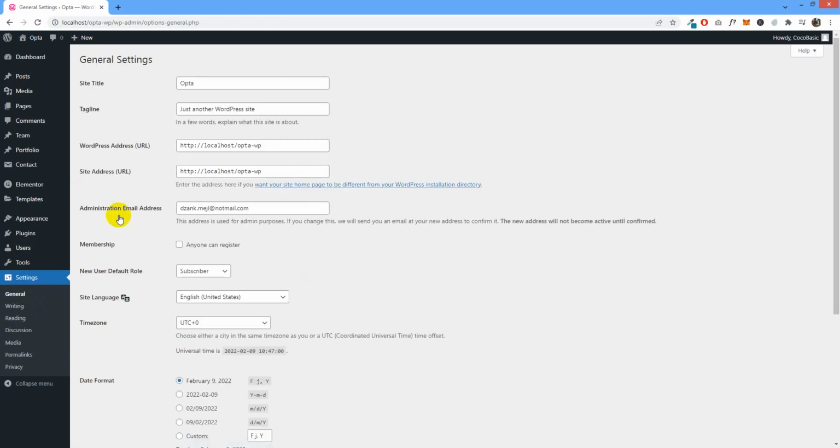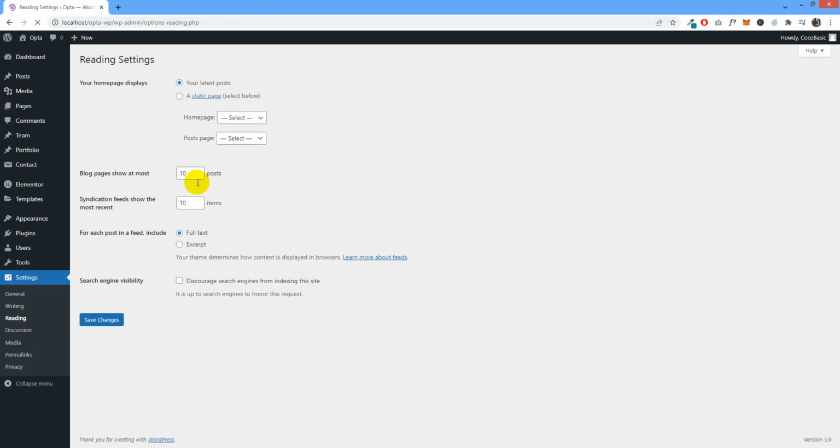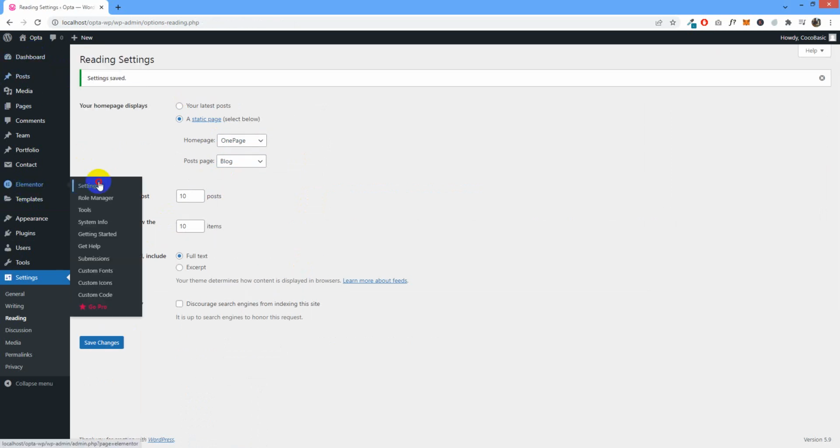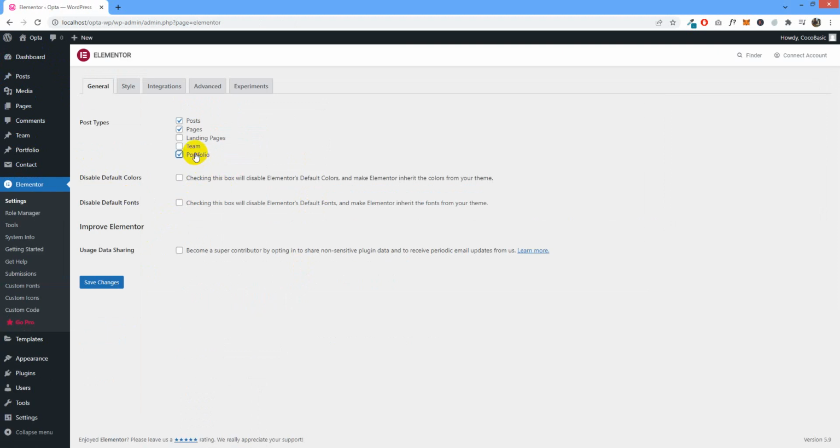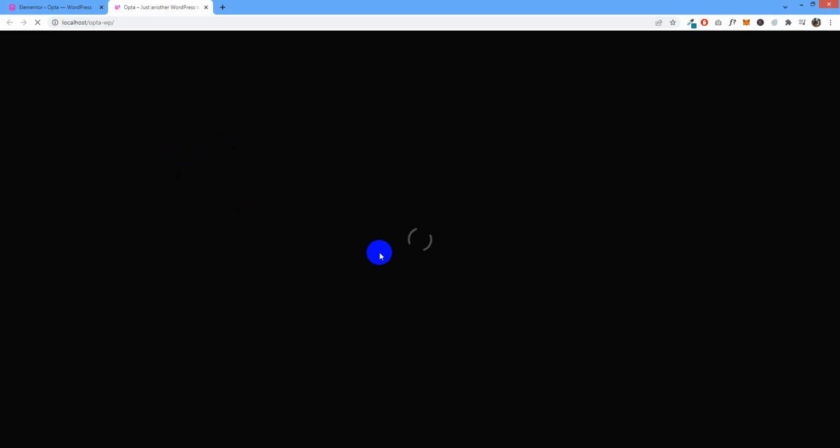Let's check now the reading. Static page, one page, blog page, save changes. Elementor settings, save changes. I have not set the widget, the footer and the menu, but